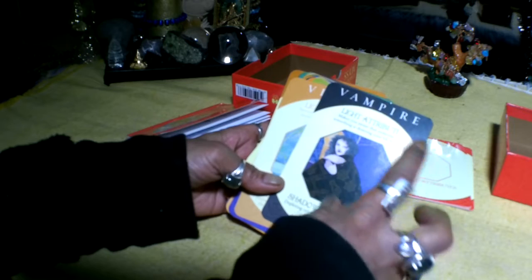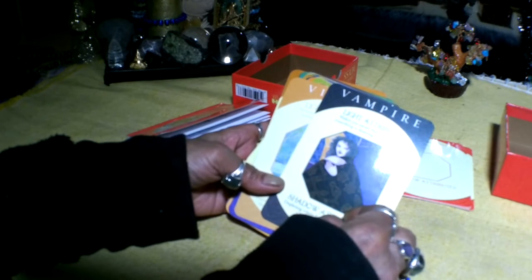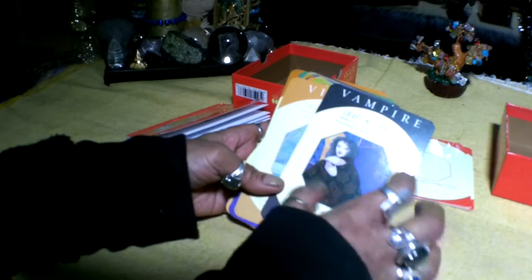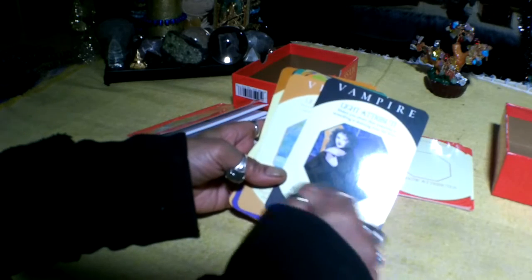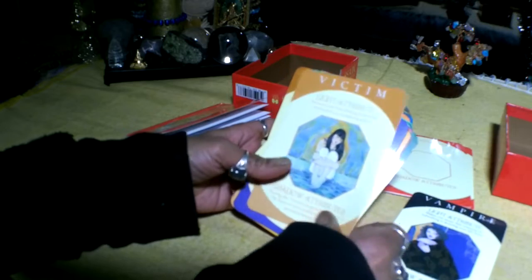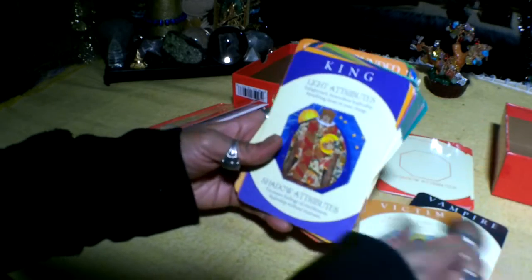So that is really very interesting, that you have a light attribute and a shadow attribute, and you can be either one of them. You can either be going through the light phase of that particular archetypal energy, or you could be going through the shadow phase of it. So very interesting. You've got the victim archetype here, the king,